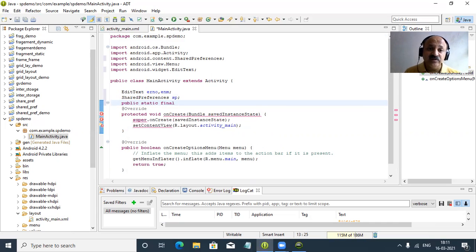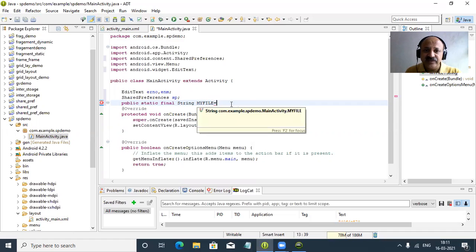So we can give the key value in string. Yes, let us check. So that is a string data type, like my file, and that is uppercase. That is a public static constant variable. Always you have to know, that is one tradition, because here our normal reference is in small letters, and for public static final, that variable we can write in uppercase.